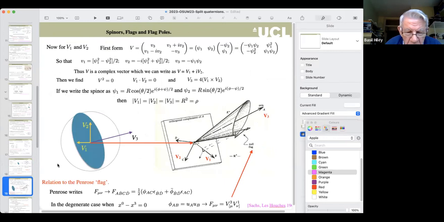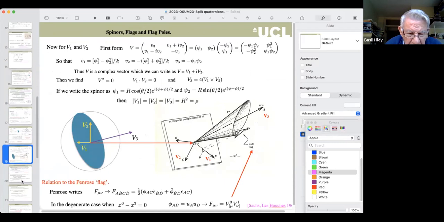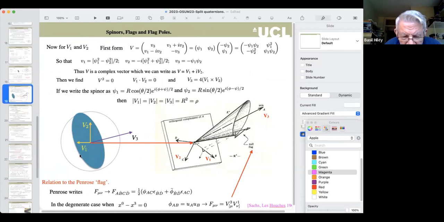Okay, well, now I can do exactly the same for the V1 and the V2, the perpendicular to V3, and I find that I can write that in terms of the following representation, which instead of using the complex conjugates, I use a dual relation. You can do this in SU3 because you don't have SL2C and SL2C star are in fact independent. You don't have that independence in the